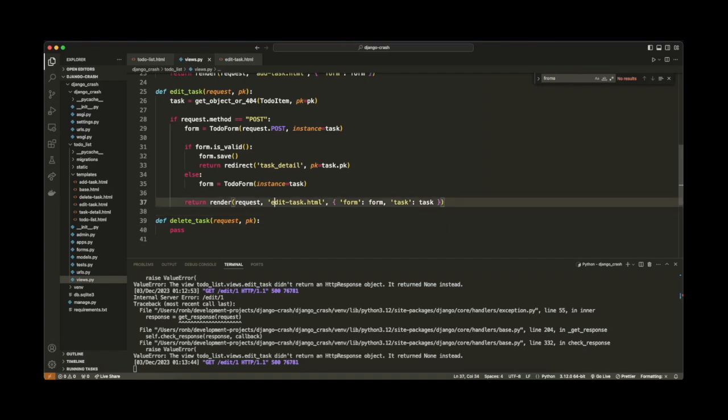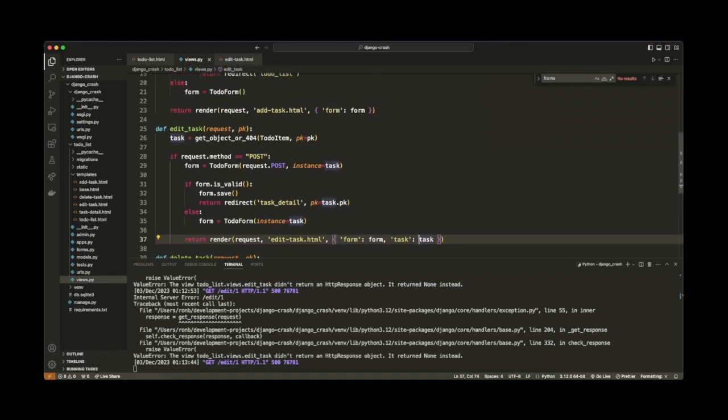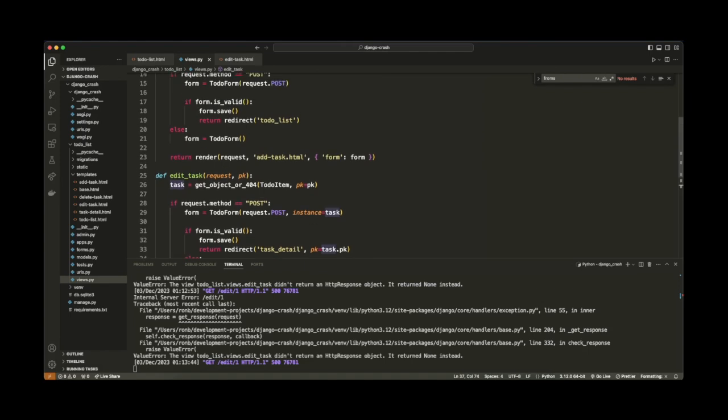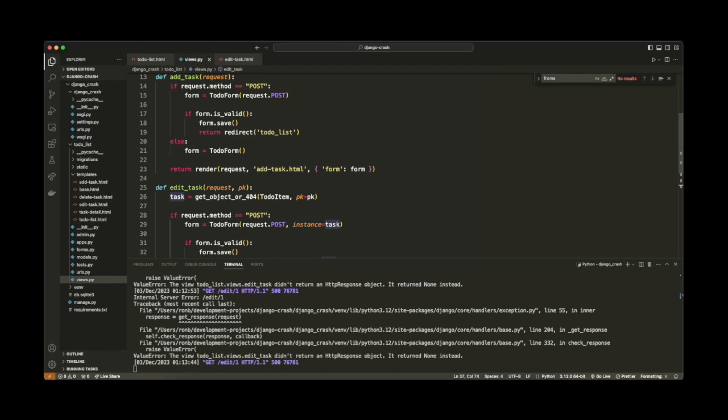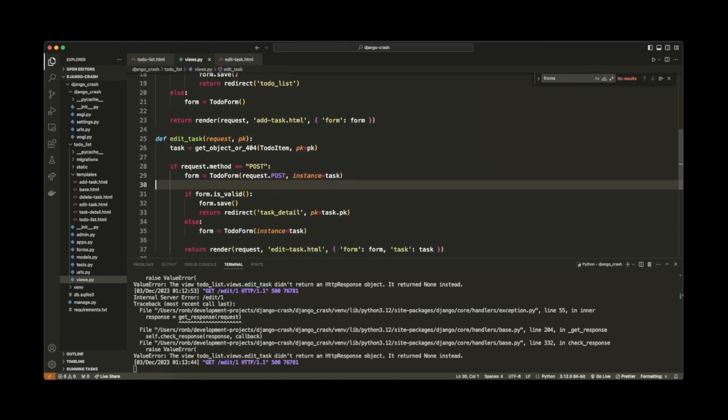So I think return render, request, edit-task.html, form. So it's not returning that. Scroll up here. Let's look from the very top. Let's reverse engineer this. So we're getting the task with the 404. We're passing in the primary key to get the task. And in the case of,